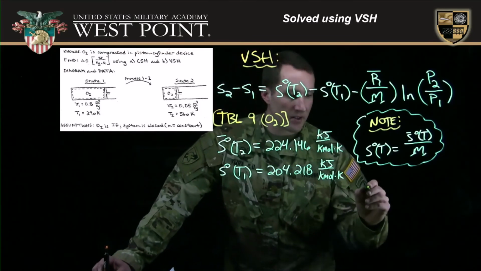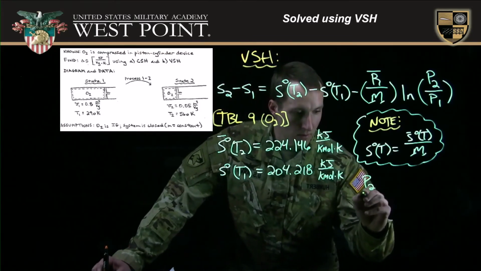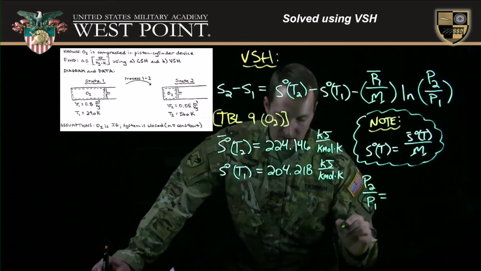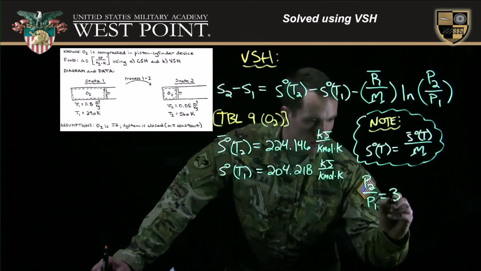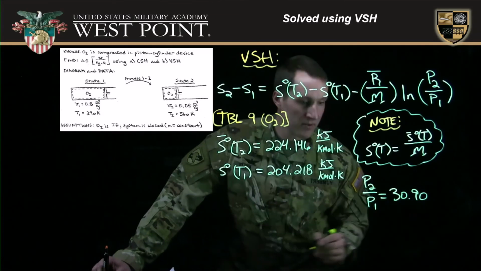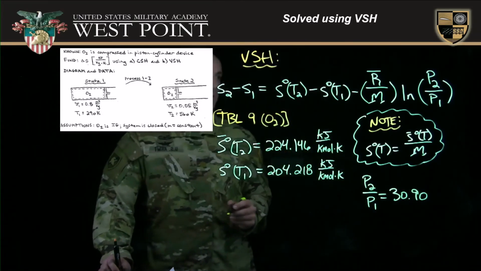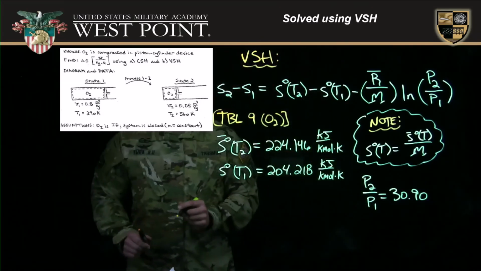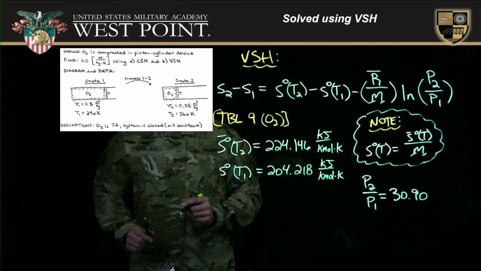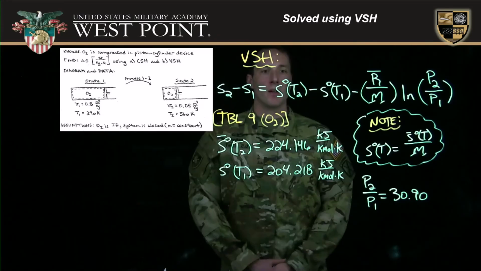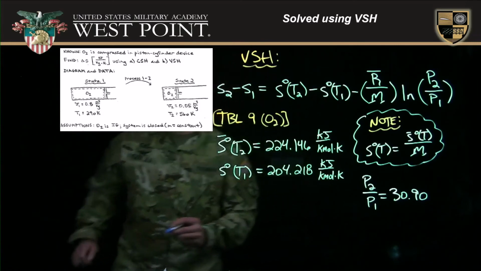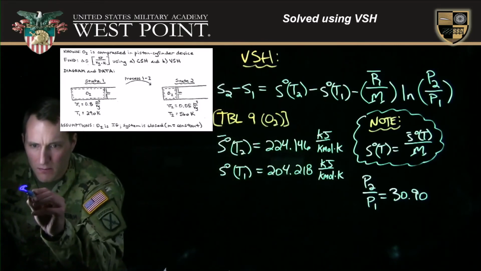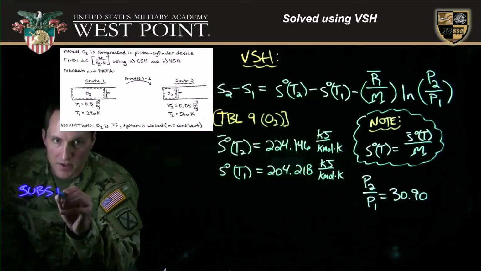So our P2 over P1 is equal to 30.90. So we'll use that to input into our natural log function. And again, we just get that using the ideal gas equation. Let's substitute and solve. So substituting,